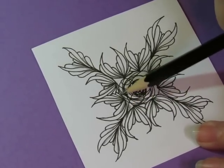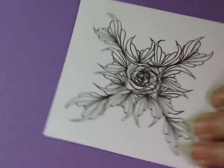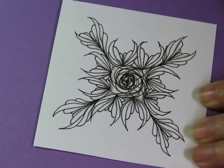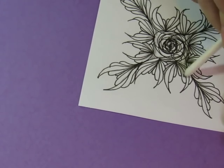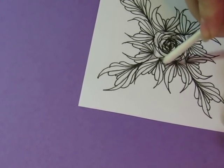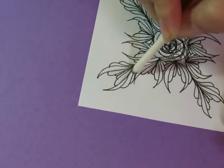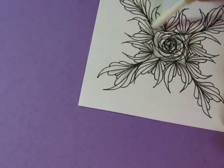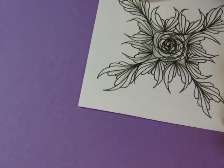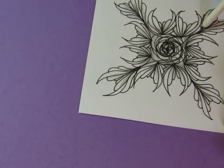Go ahead and do some interior shading here. I almost feel like it needs to be on a different colored paper, but that's too late for that. We'll see what happens after I blend this. We'll see. I'll kind of step back and look at it from a